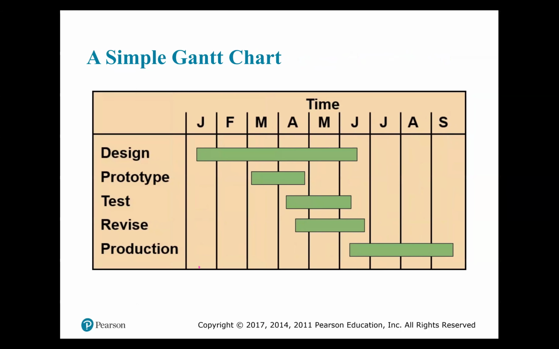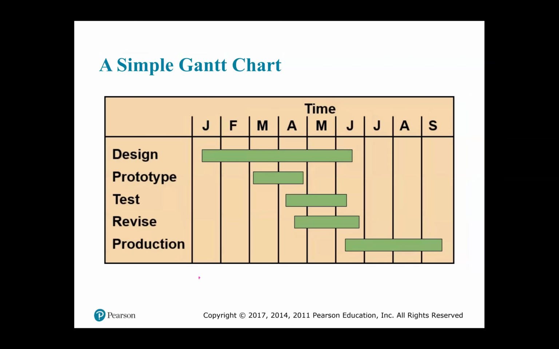Now, we said that the first technique that we use to schedule the project, and when we say schedule the project, we're talking about giving a pictorial of the work breakdown structure, right? It's a simple Gantt chart, all right? A Gantt chart is really a bar chart. So if you look at the bar chart, you'll see that you have the activities. So on the left, it's a description of the activities. So here you have the activities,